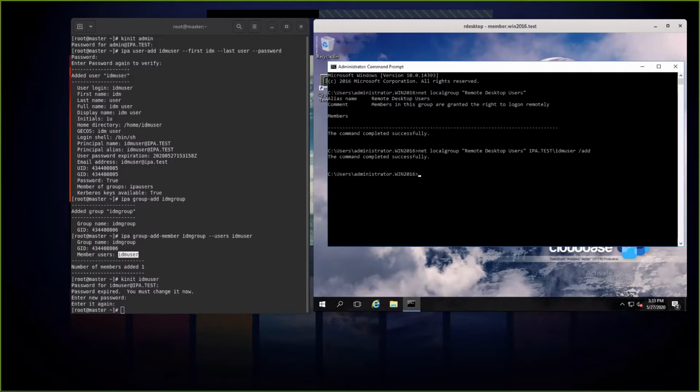Now I can also try to use the runas command in order to show that my IDM user can be resolved from the Windows side. What I'm doing is using the runas command as IDM user, and I'm launching a whoami command.